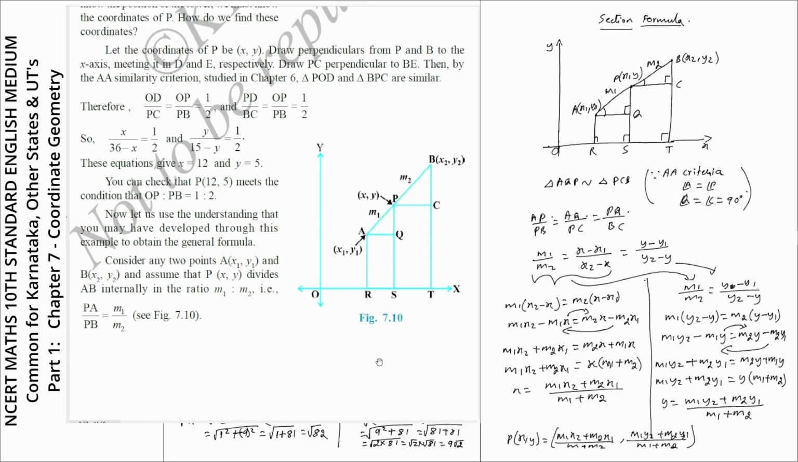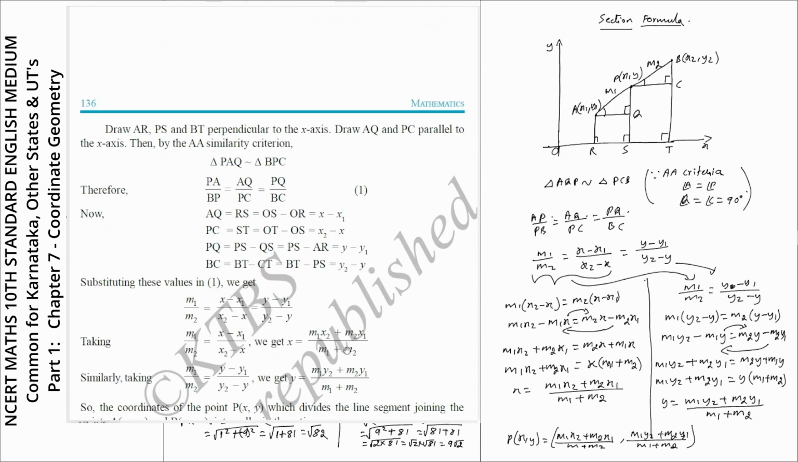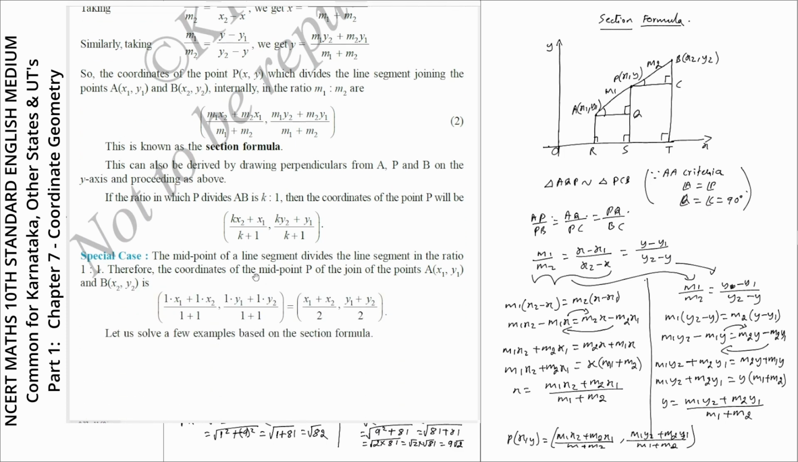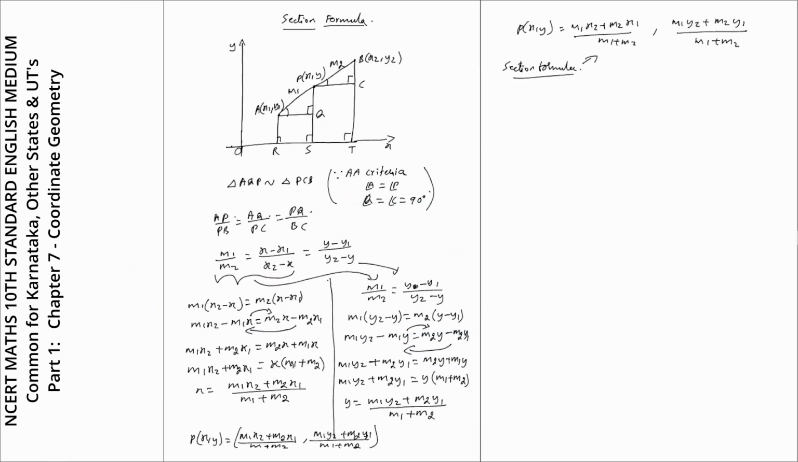You can check in the textbook, they have derived the section formula, this one. So the same thing I've explained. Whichever method you find easy, you can study the textbook method or whatever I have taught just now. And here there are some cases. So this is the section formula. The section formula is nothing but the coordinates of P of x y which lies on